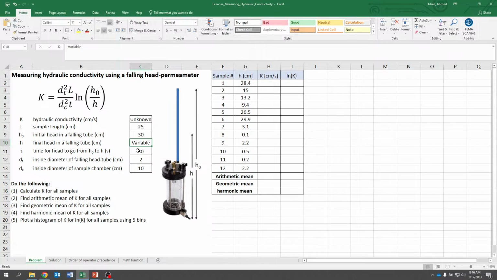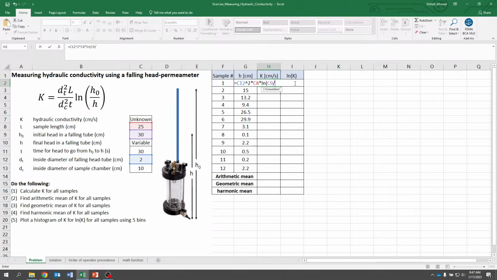Okay, and you get this value, you substitute into this equation. So let's do it. You come here, you have dt squared, so that's dt, like this one, and then I square it, and then you multiply this by L, so that would be this guy here, and then you multiply this by len, and you have the h node divided by, so that's the variable one, like h,